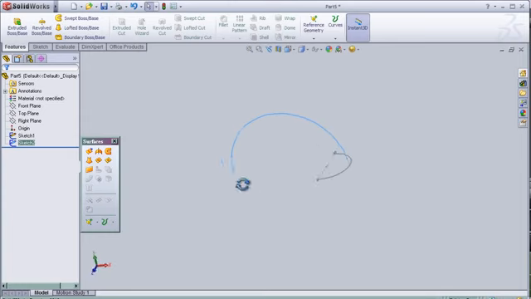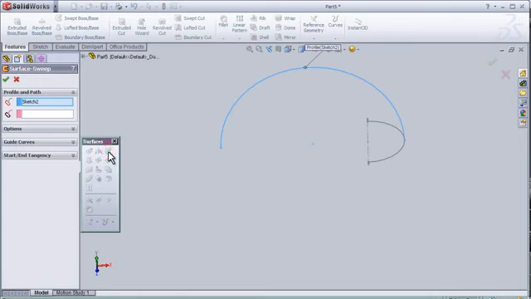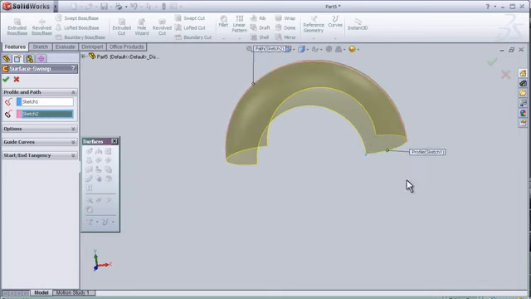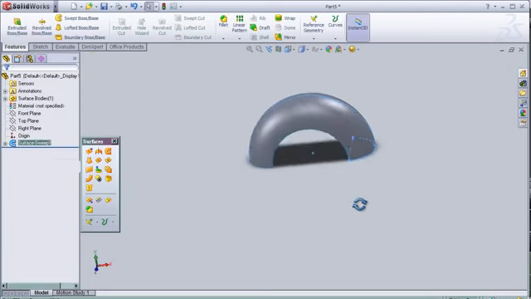So I have this sketch. Now I'm going to use the revolved surface tool or swept surface to get a better result. I'm going to activate the swept surface. So I'm going to choose this surface, and here I'm going to choose the path. So now I have